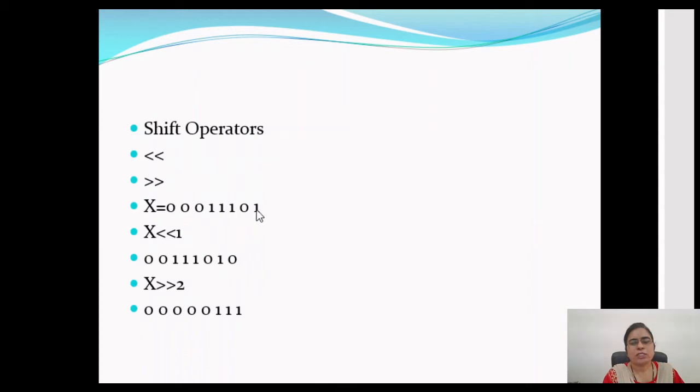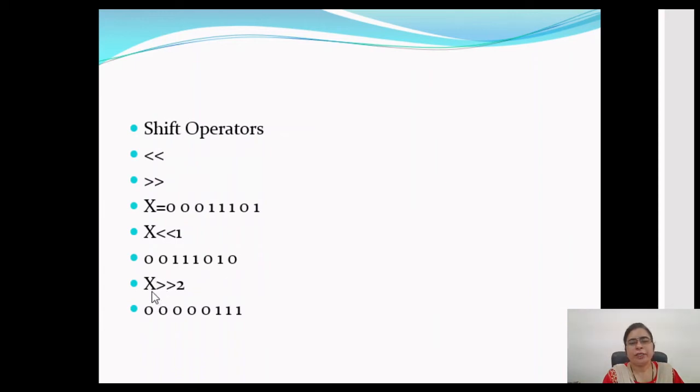This last 1 gets shifted to this position, and this position is now vacant, so we will have a 0 here. And from here, this 0 is left shifted and we lose it, so we have just 2 zeros and then 111.